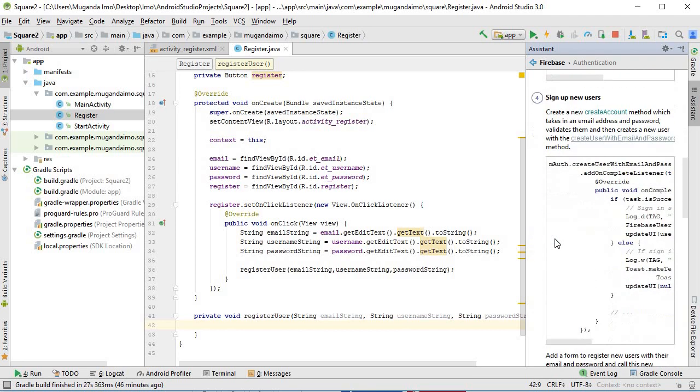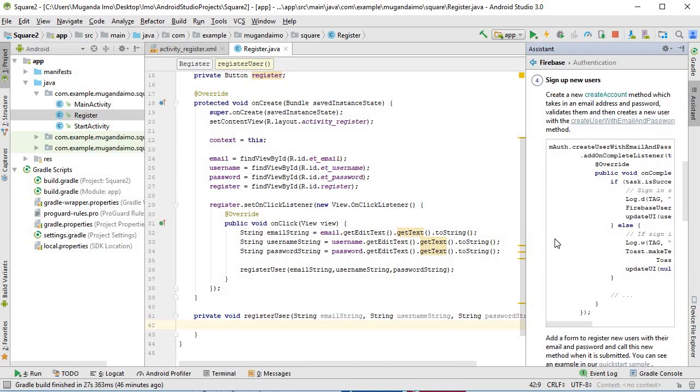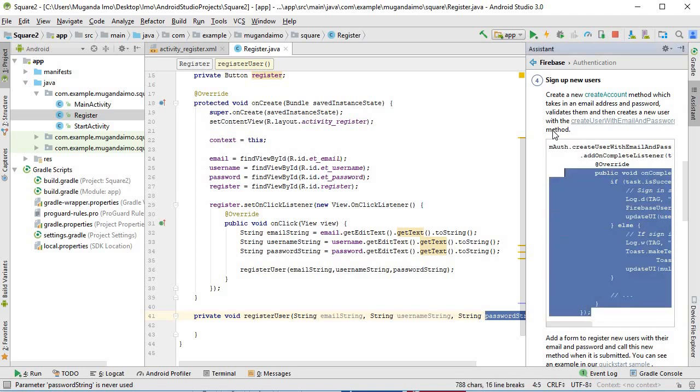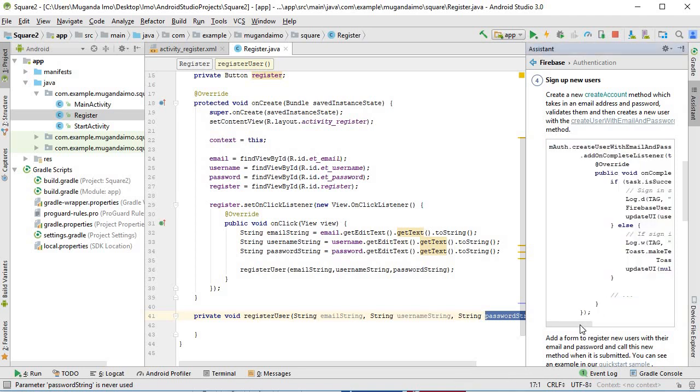It's a very good thing about the guys who made Firebase. They wanted to give all the information on a step-by-step basis, and now here we are in the sign up new user step. So it says create a new create account method, which takes in an email address and password, which we have, email and password, and then validates them, and then creates a new user with the create user with email and password method. So what we could do is we could copy this code. This is actually the code that's needed to do that task. We could copy it, but I prefer, for the sake of learning,